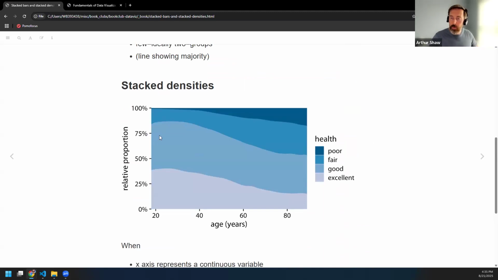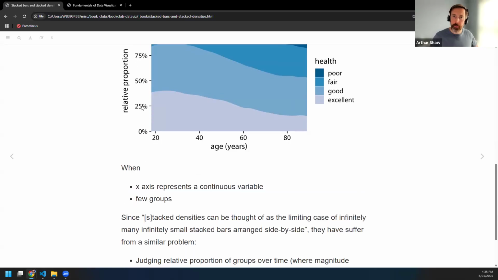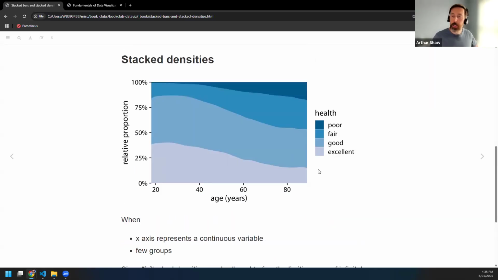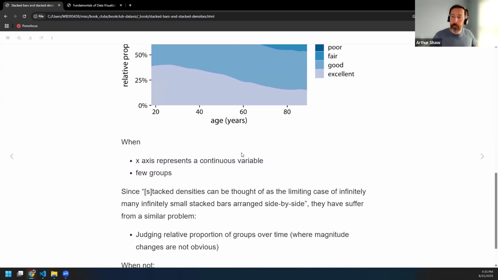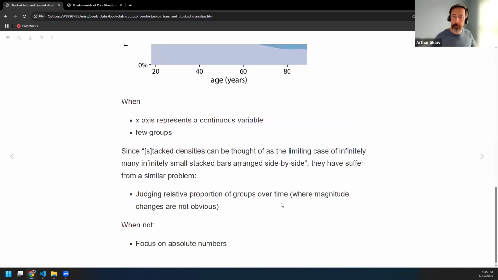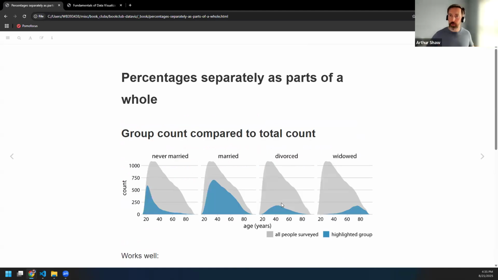And just like the movement of the line makes it hard, here it may seem like there's a change, but in actuality, the author goes on to demonstrate there's really not much of a change, except on the tails of the ages. So the author goes on to suggest